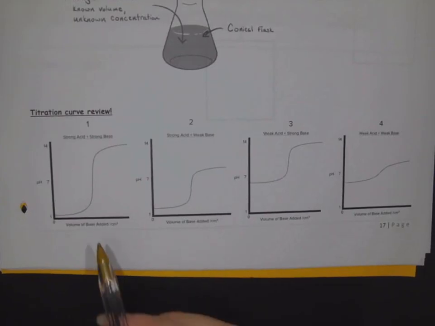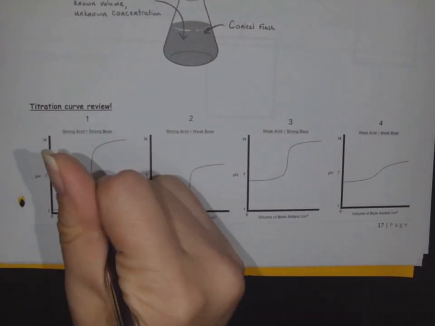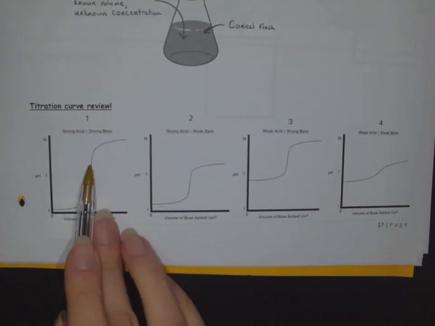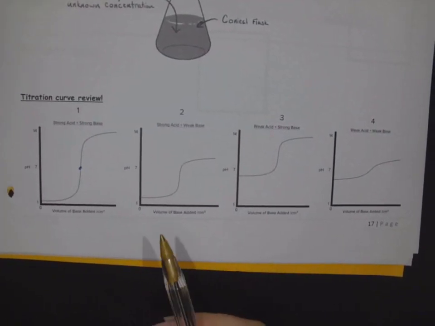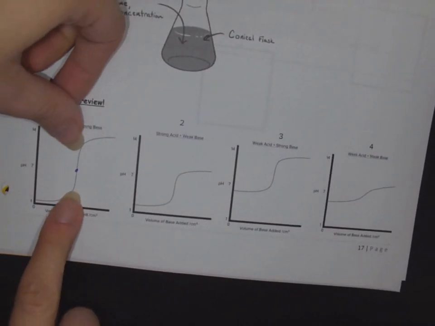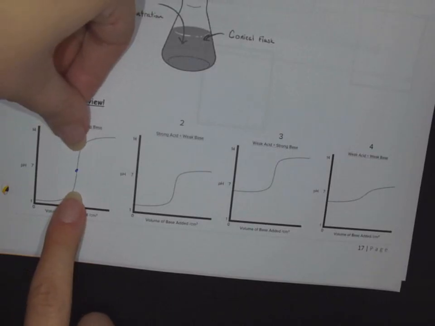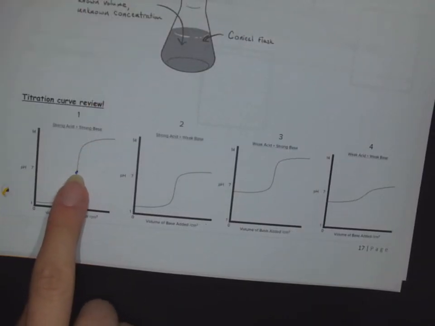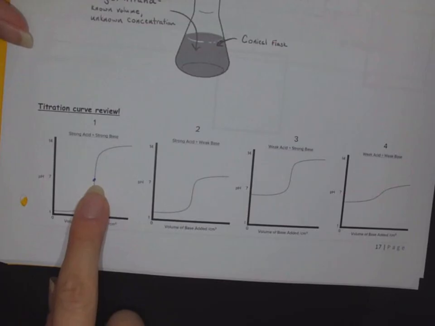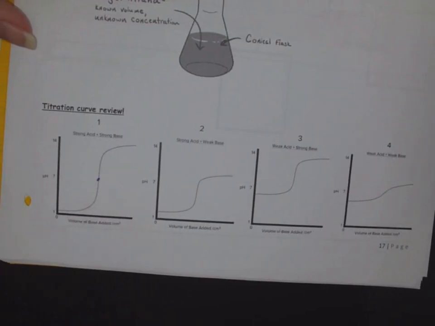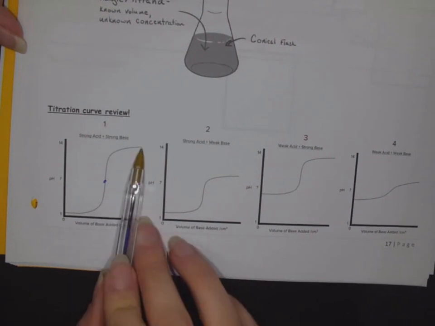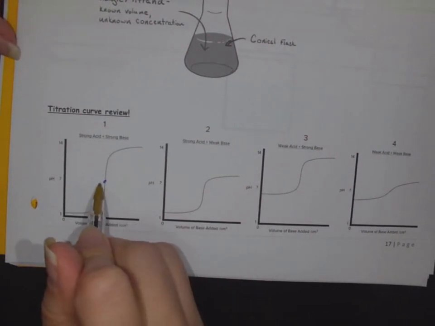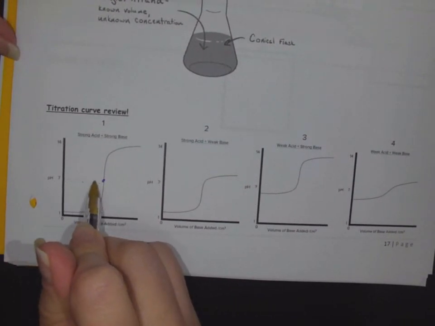The equivalence point is right at that halfway spot where it becomes more vertical. So if I look at this and I go, okay, what's roughly halfway in between there? That's the equivalence point. That's where the moles of the acid equal the moles of the base. Now, when it's a strong acid that's being titrated with a strong base, the equivalence occurs at a pH of